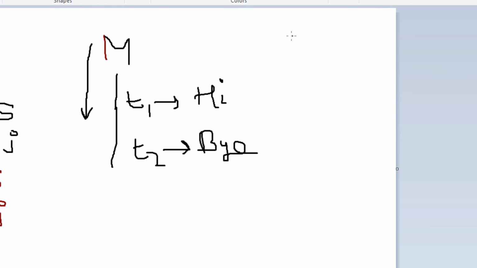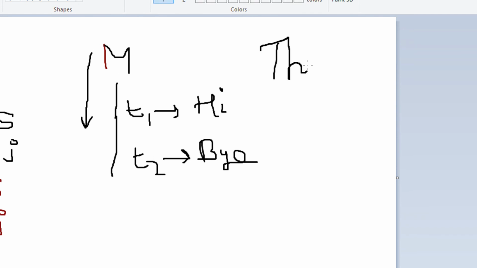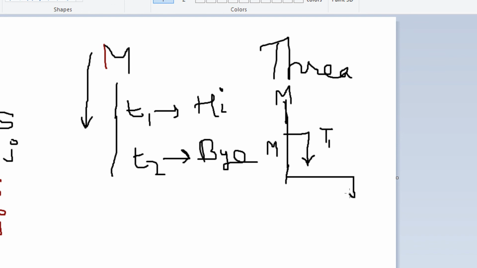But in case of threads, what happens is this. The moment you start your main execution and t1 is encountered, the main is getting executed on its own, and t1 is also getting executed on its own. Similarly, the moment we encounter t2, t2 also executes on its own.